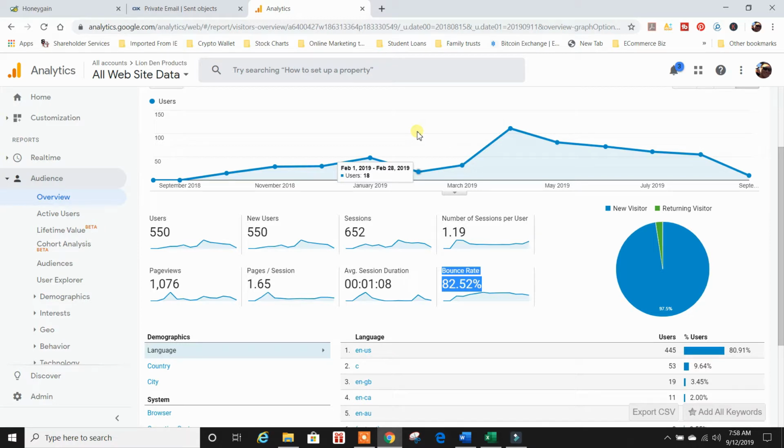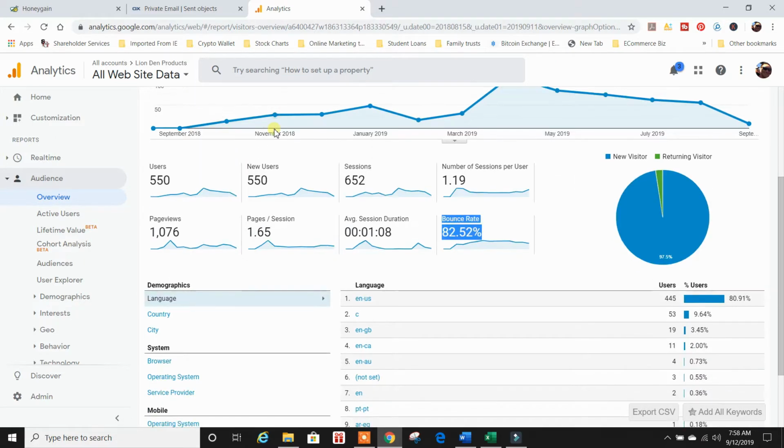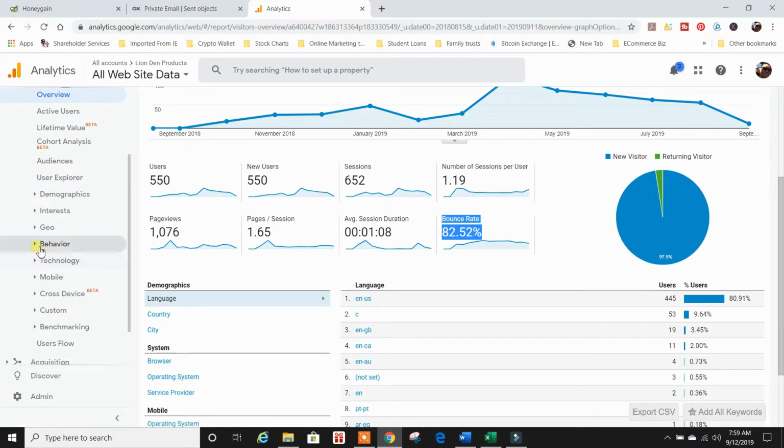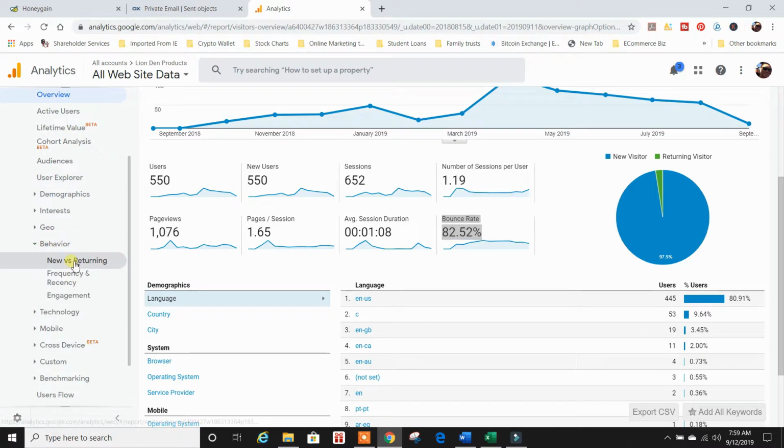So it's free, is what I'm trying to say, and that's not bad for free marketing. The other thing about this is that I don't have to pay Google or Facebook. So the money that's coming out of my back pocket is absolutely zero. That's the audience overview. Now, there's some other stuff that you can look at as well, like you can do behavior,